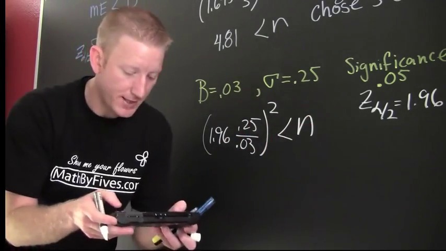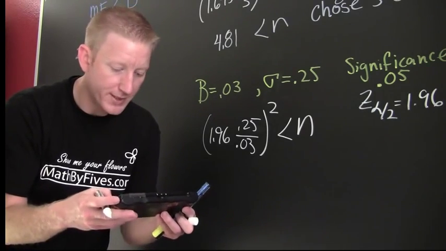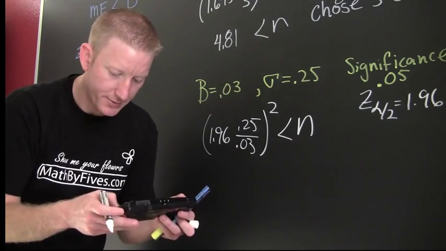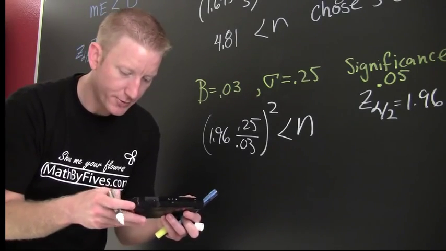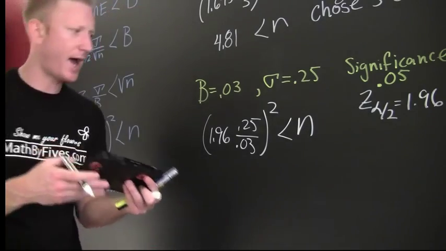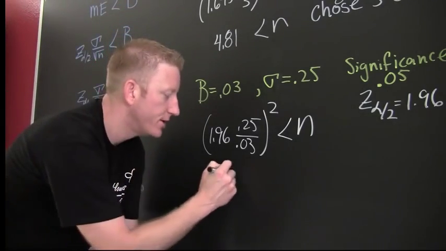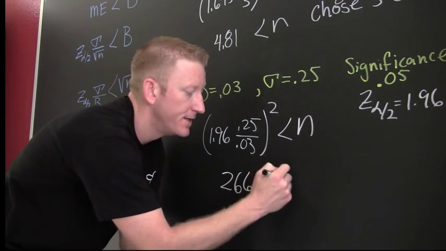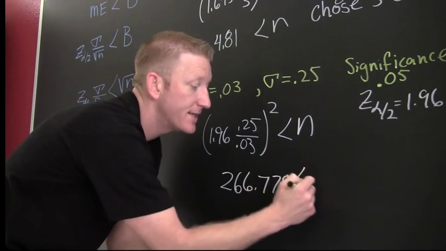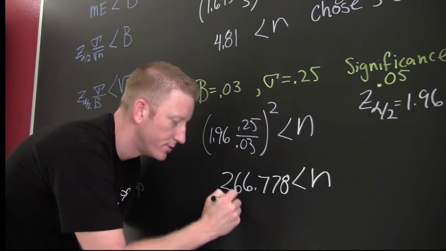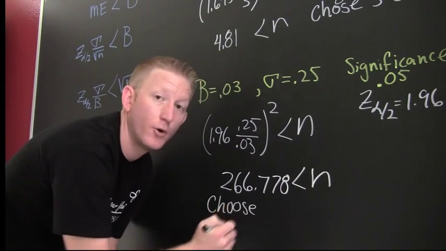You ready? 1.96, parentheses, times 0.25 divided by 0.03. Close it, square it, don't forget to square it. Wow! This is much larger. This is 266.778, and that's smaller than n. So then here, I'm going to choose, always round up,